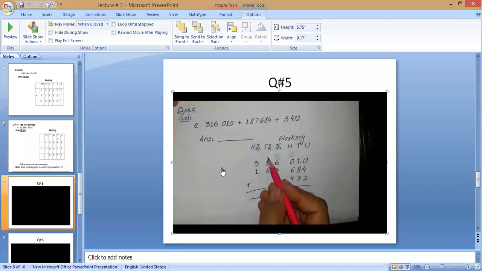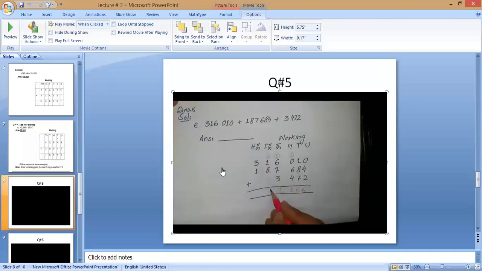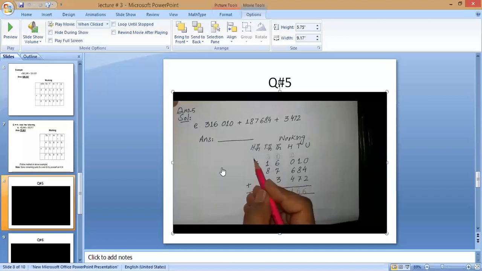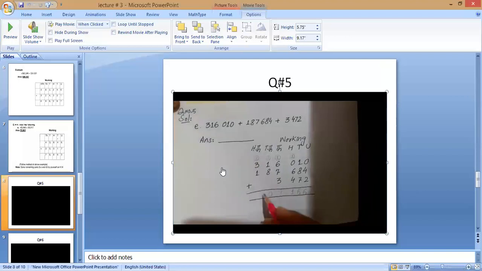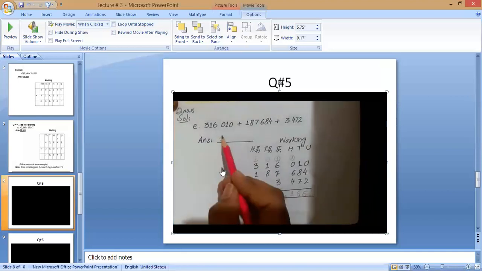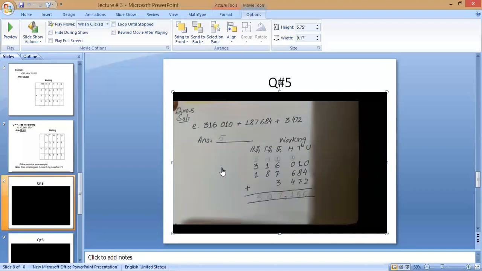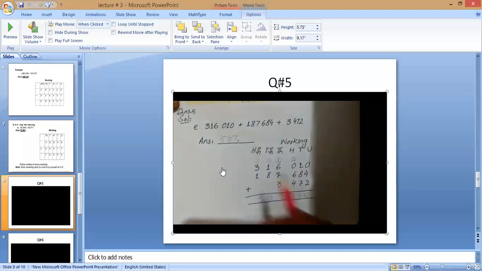1 goes to carry. 1 plus 1 is 2. 2 plus 8 is what? Yes, it will be 10. So you will put 0 here. 1 goes to carry. 1 plus 3 is 4. 4 plus 1 is 5. This is the answer and you can put a comma here and write down your answer. It will be 507,166.